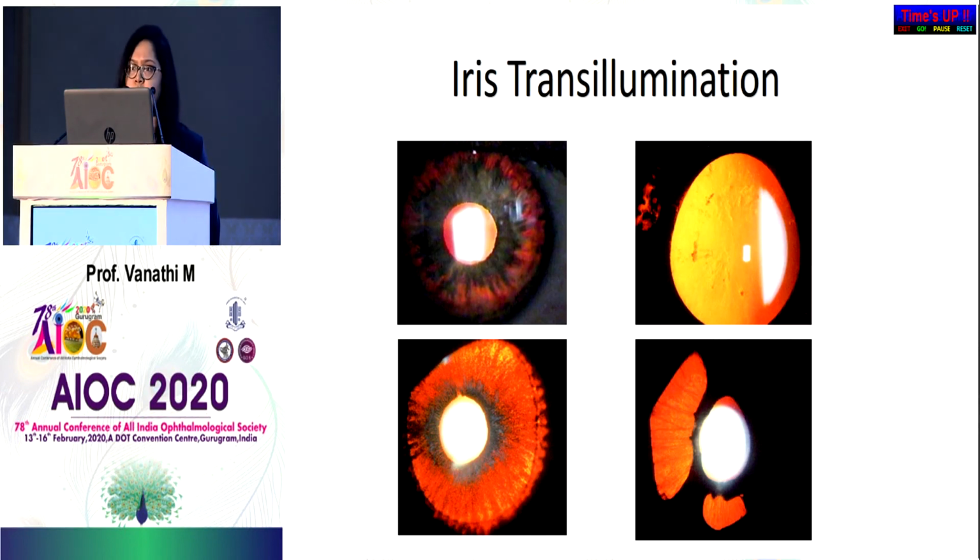First diagram. The first diagram is a mid-peripheral iris transillumination defect, which is seen in PDS. The second one, there is a localized iris defect. The third one, what is the case? This is a case of oculocutaneous albinism. Fourth one, geographic iris atrophic patches, which is seen in herpetic keratouveitis.